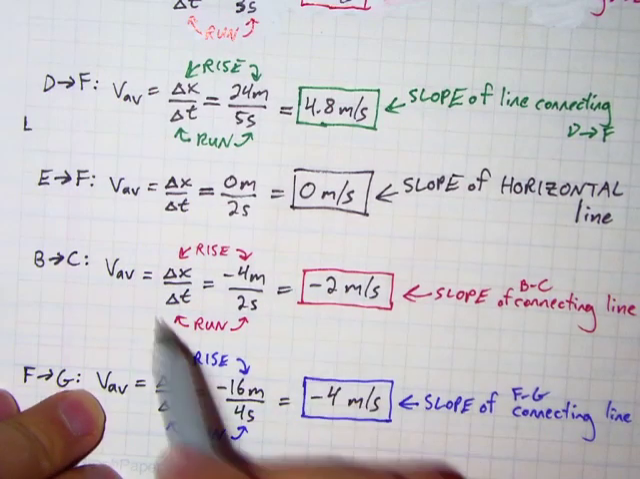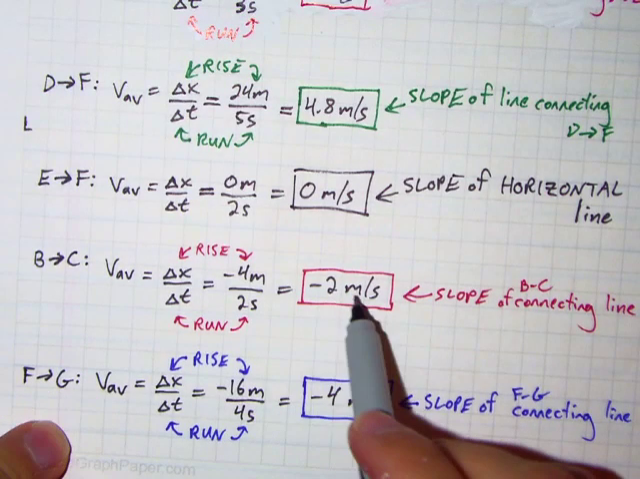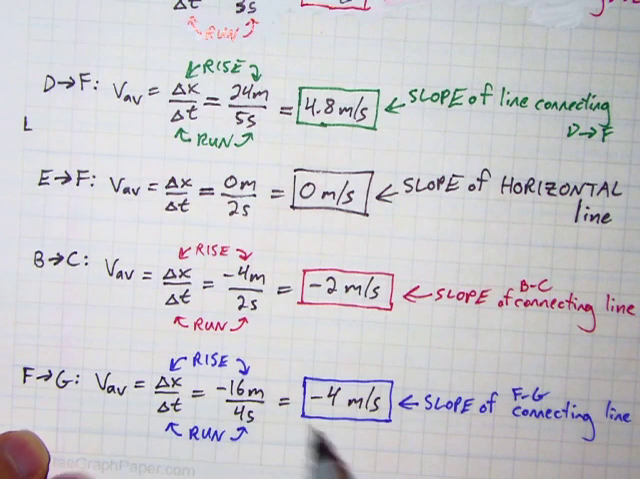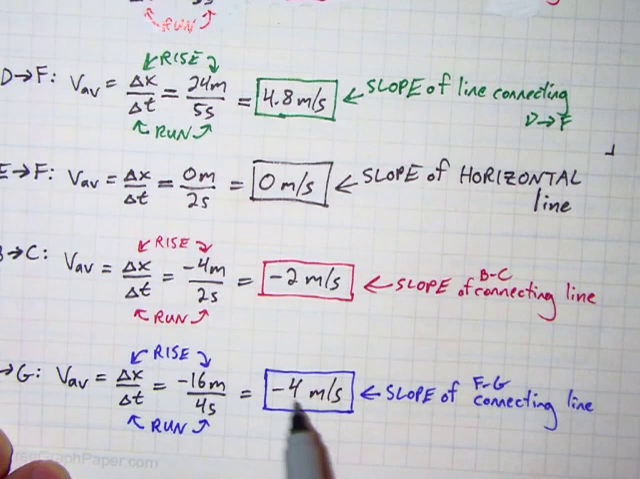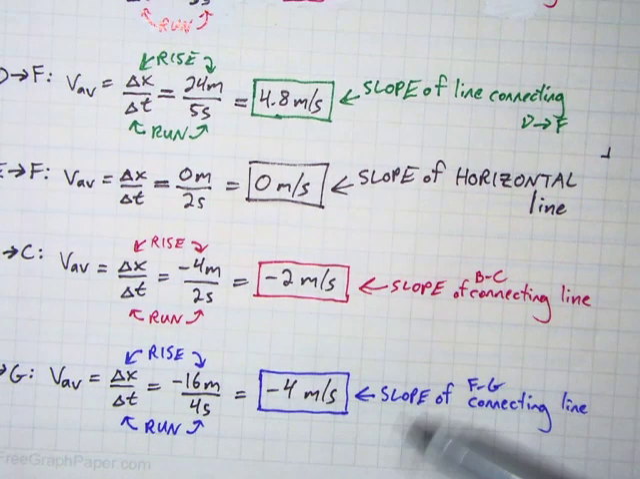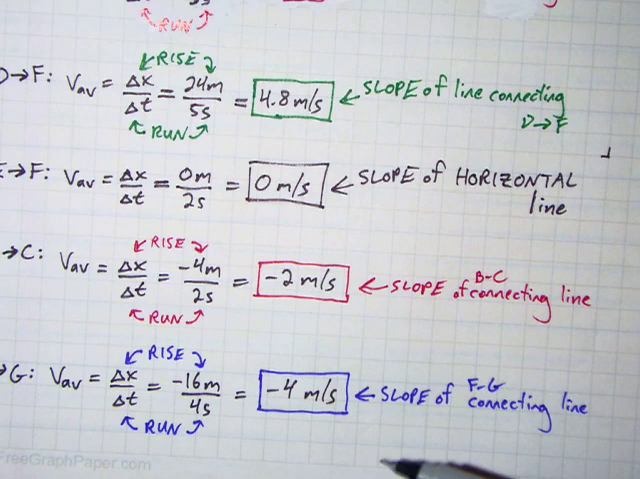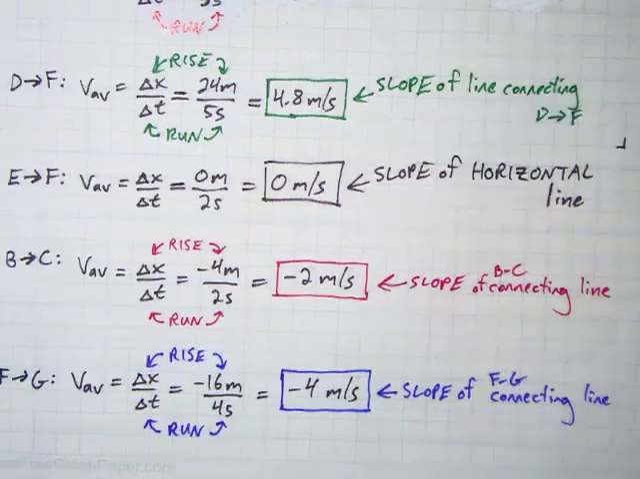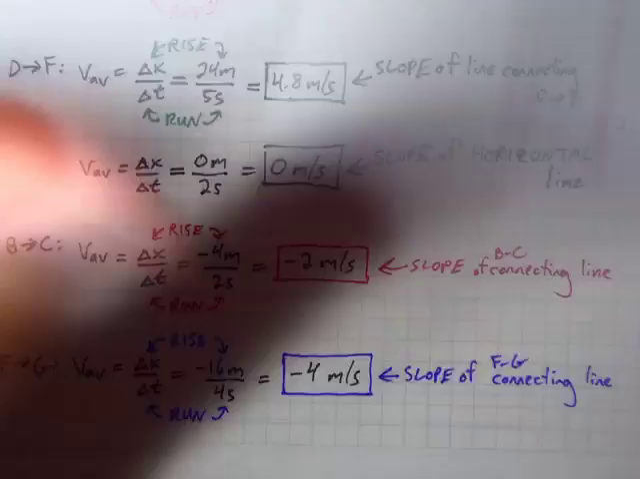From B to C, the slope is negative 2 meters per second. From F to G, the slope is negative 4 meters per second. So in this way, we connect the slope of the line connecting two points with the average velocity between those 2 points. For some exercises,